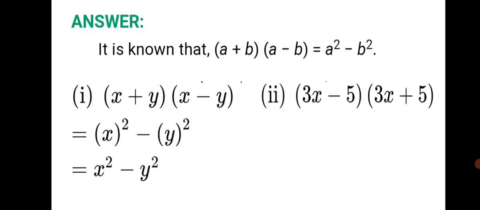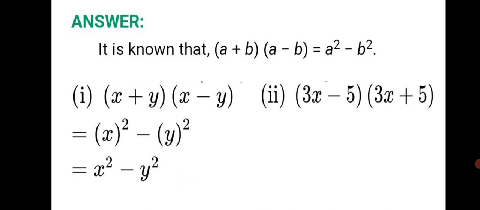3x minus 5 in one bracket, other bracket has 3x plus 5. So here also we have the question in the form of a minus b and a plus b. a minus b comes first and a plus b comes later, no problem. Still you can use the same formula, which is (a − b) into (a + b) is equal to a square minus b square, because both the expressions are in multiplication form in between. When there is a multiplication sign in between, any expression can be used first.